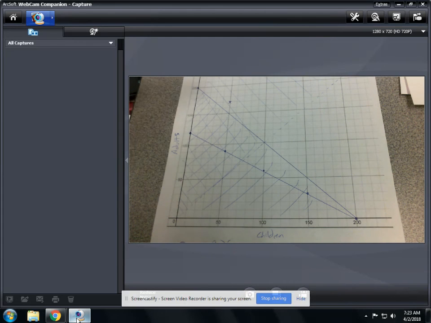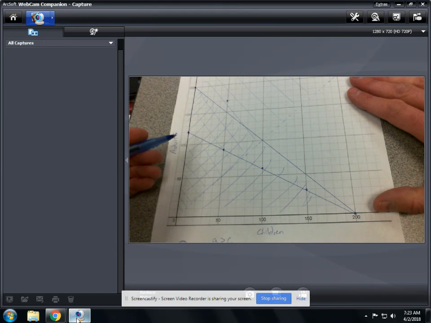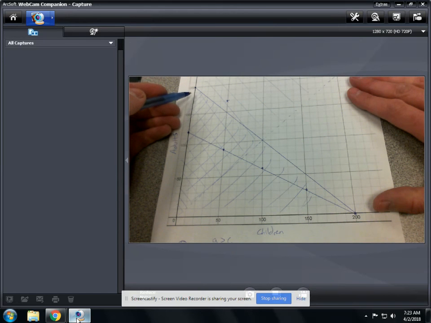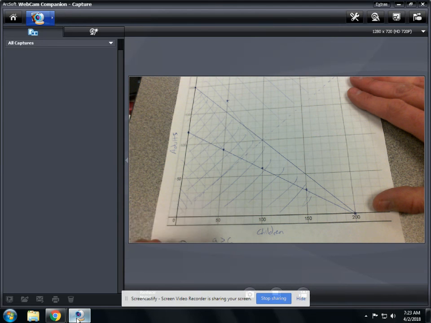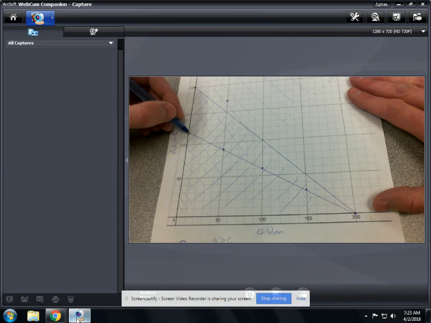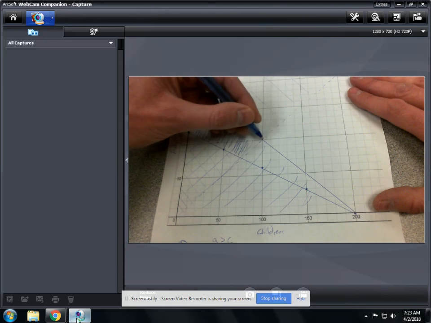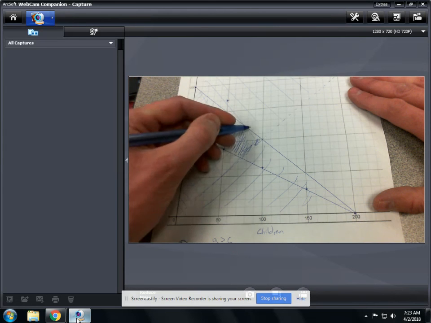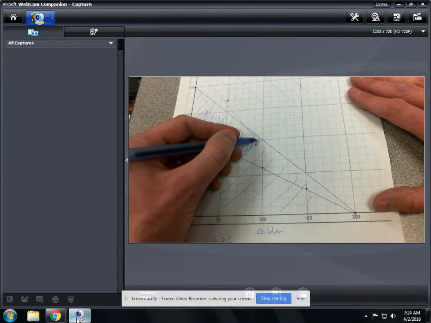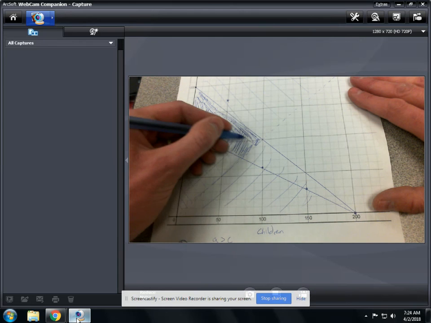And this is where I'm kind of running out of directions to go with my shading, but I'm also at the end of my shading. So I want this to be above the line, and below this line and above this line. So my three inequalities here, I want to be above, so I'm going to be on this, but I'm going to stop at this dashed line here because I know I have to be above that line. I know I have to be below this line because that was my second inequality. So really I'm looking at this section